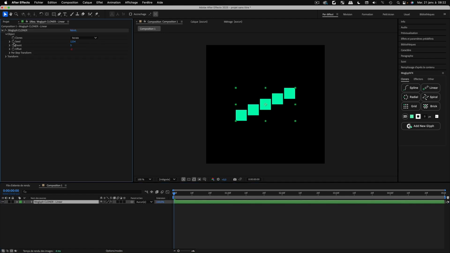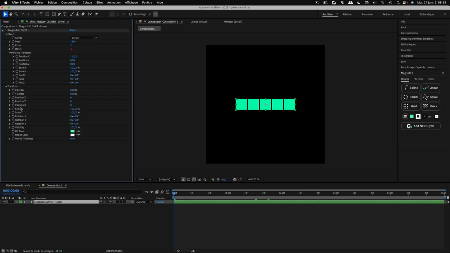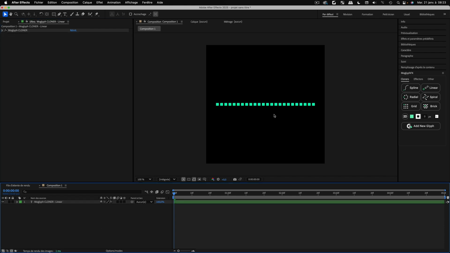Then I will go to the object, per step transform, and I will zero out the position Y in this per step transform to have a perfect horizontal line, and I will twirl down the transform subgroup and scale on X, let's say 25%, and on Y 25% as well, and I will reduce the position X in the per step transform, so something maybe like a 38, and I will add more count. So I will add something like 24. Perfect. So I've got something to work with,